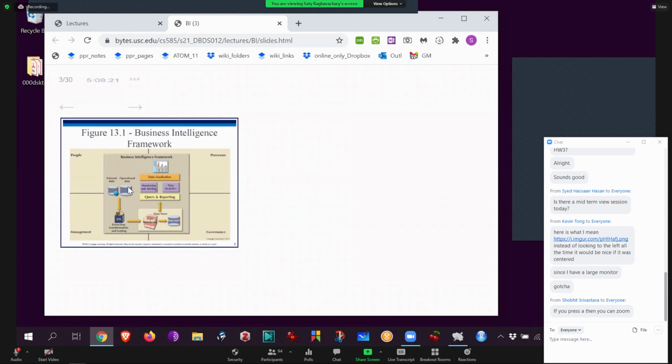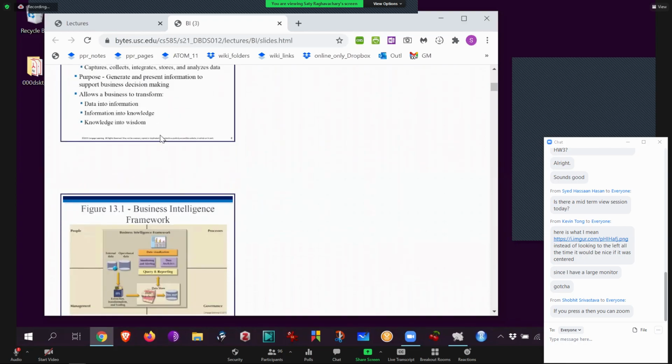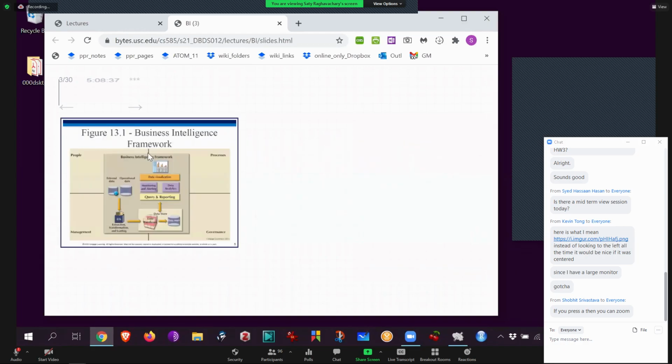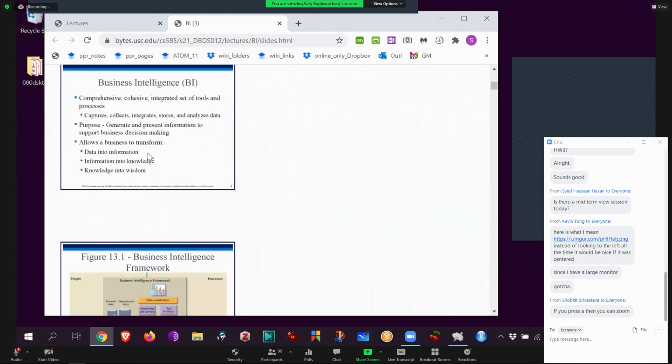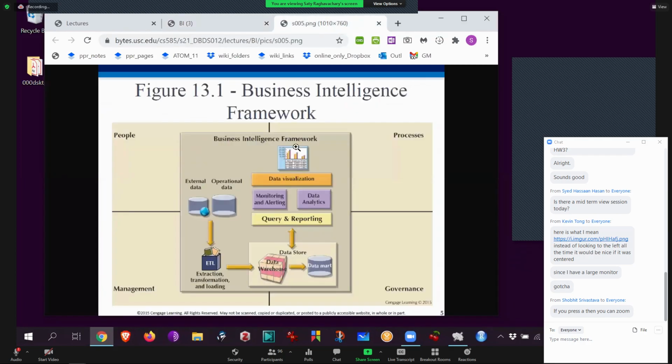If you press A, then you can zoom. Really, the letter A? I'm going to try it. You mean like that? No, I don't think so. For me, A is different, because A switches between all mode and slide mode. In the worst case, it's actually very easy. All we need to do is put it up on a new tab like that. So if you want, we can read it.